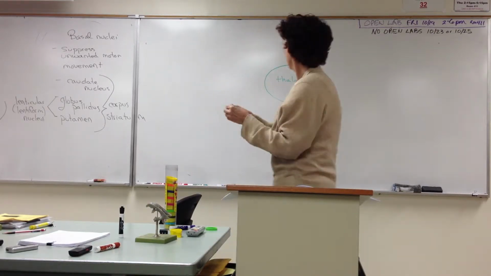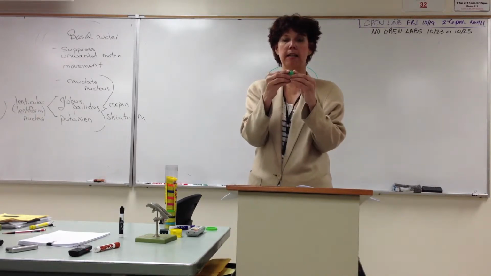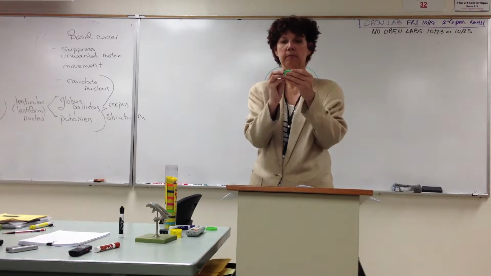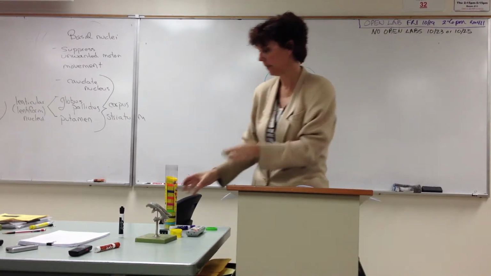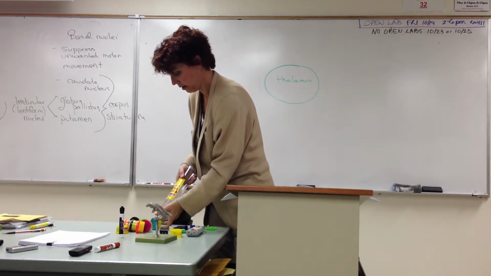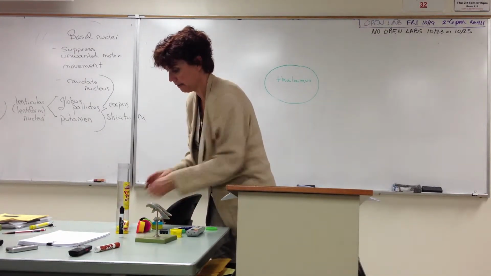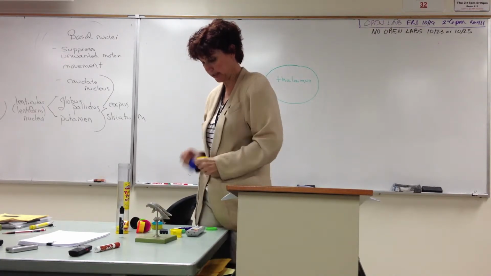All right, so thalamus is green. All right, so here's the thalamus. Right here would be the third ventricle. Okay, and I don't have purple, but I have two shades of blue. So now the globus pallidus